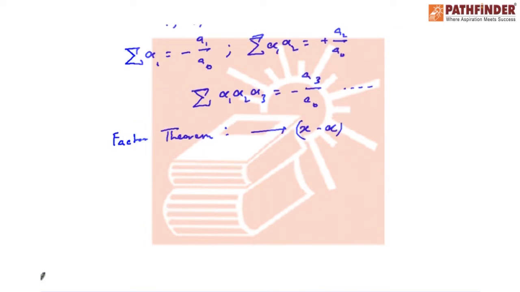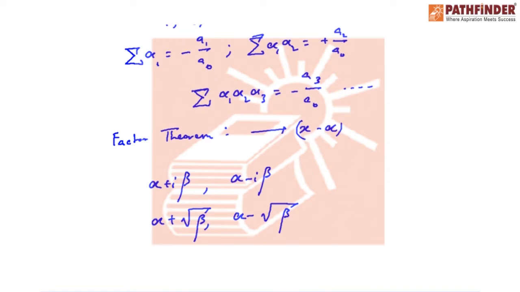Now if the coefficients of this equation are all real and alpha plus i beta is one of its roots, then obviously alpha minus i beta must be another root, because in case of real coefficients, imaginary roots always occur in conjugate pairs. Similarly, in case of rational coefficients, just as discussed previously, irrational roots also occur in conjugate pairs. Surd contents come as alpha plus root beta and alpha minus root beta only when the coefficients a0, a1, a2 up to an are rational quantities.